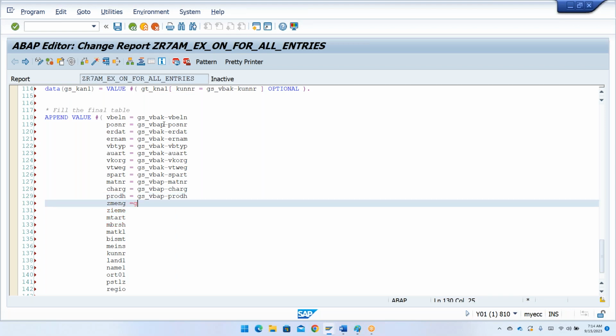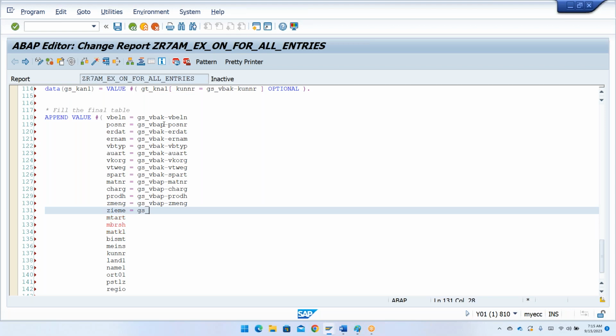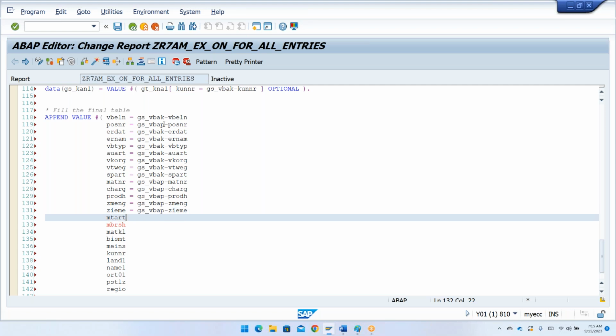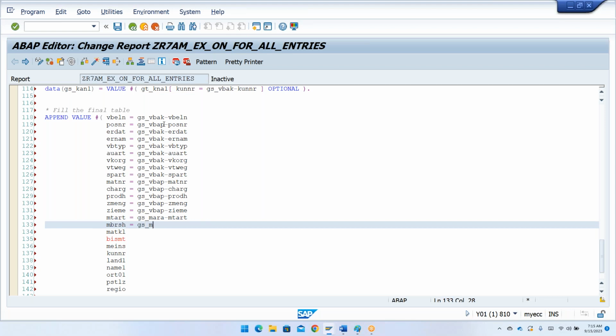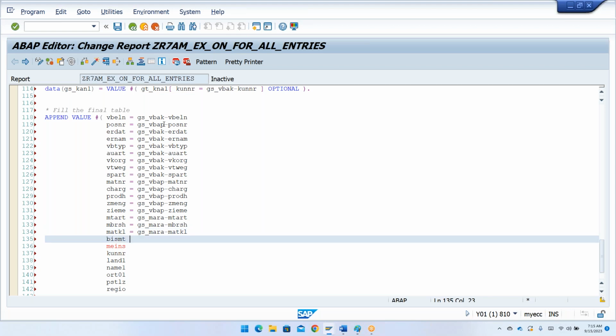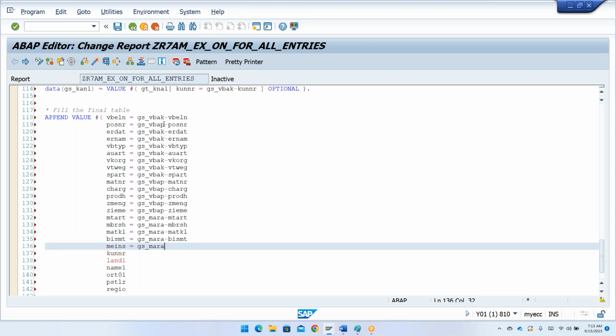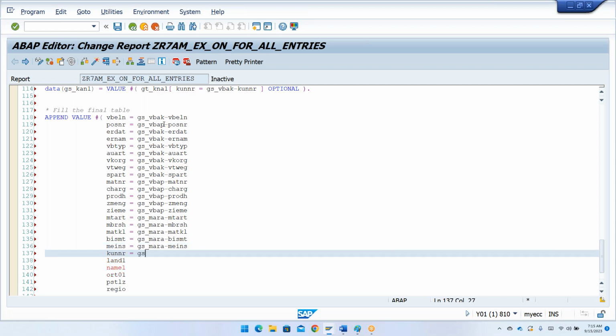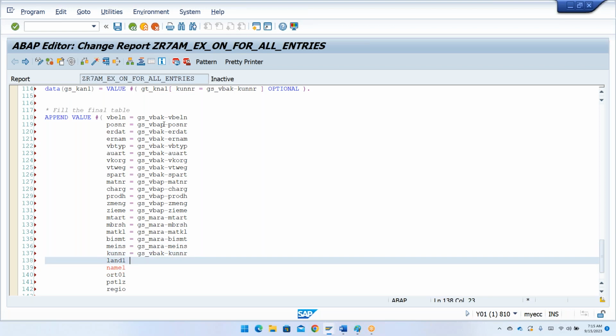and the next one is GS_VBAP-ZMENG, and the next one is GS_VBAP-ZIEME, and the next one is GS_MARA-MTART, and the next one is GS_MARA-MBRSH, and the next one is GS_MARA-MATKL, and next one is GS_MARA-BISMT, and the next one is GS_MARA-MEINS, and next one is GS_VBAK-KUNNR,